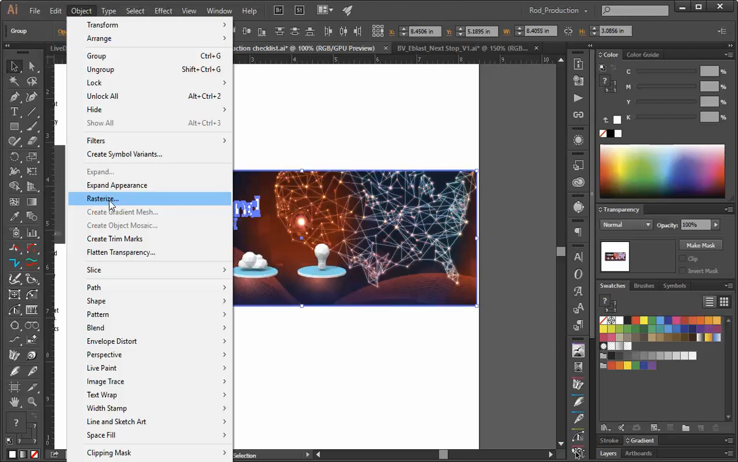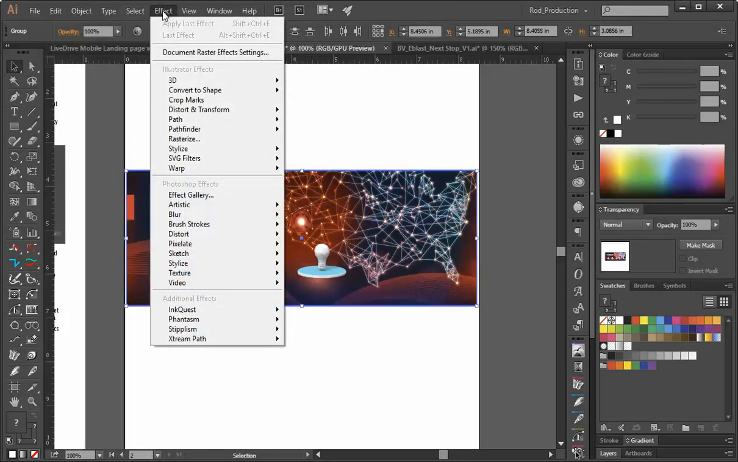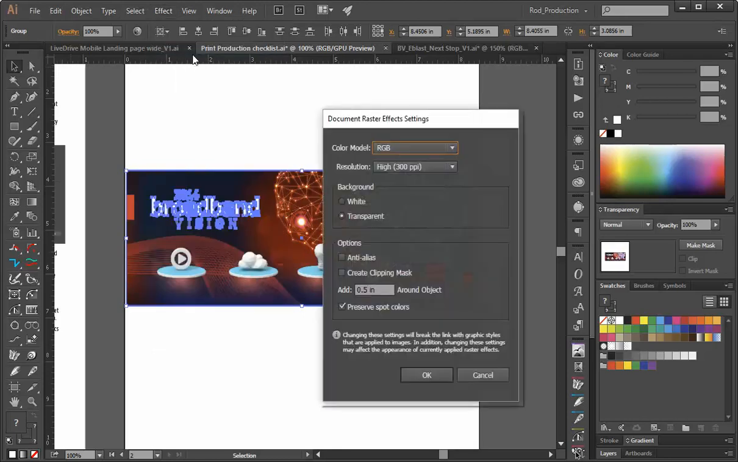But before I do that, I want to remind you to always check before you even go to print what your raster effects settings are. So your document raster effects settings are going to affect the resolution at which things like blurs, drop shadows, and transparency elements work. You want to set this really low if you're working on huge graphics, large canvas sizes or artboard sizes for posters and things like that, because your